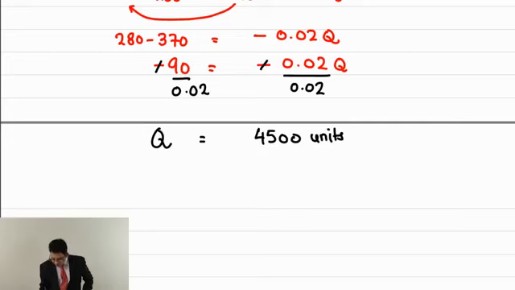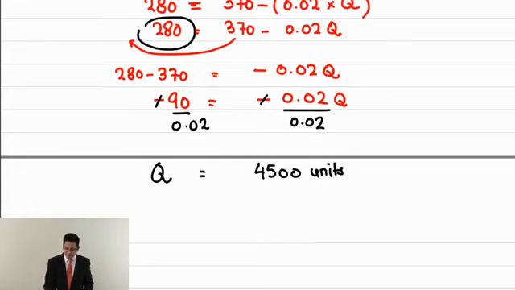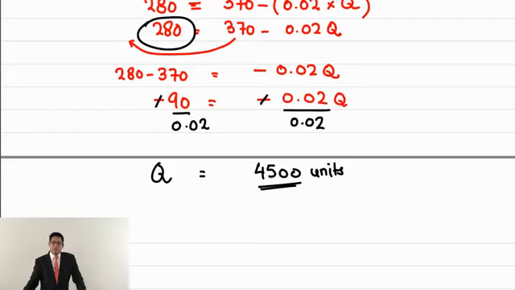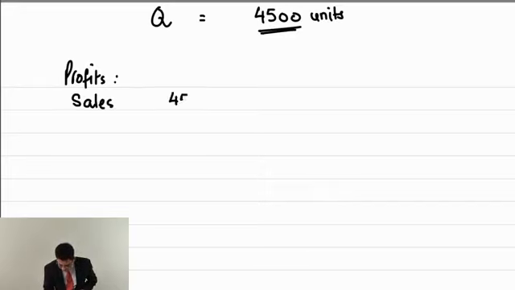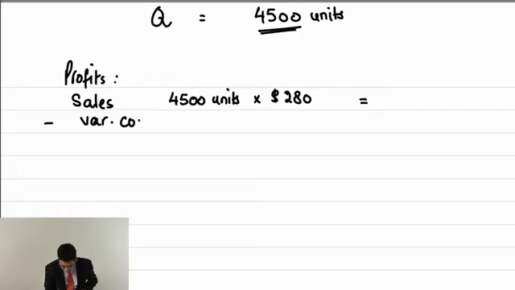That is, if they set a price of 280, which is cost plus price at the moment, they can sell around 4,500 units. And if this happens, what will be the profit? Okay, so here is the profit calculation. First of all, sales: 4,500 units times selling price 280, then minus variable cost: 4,500 units times, remember, 120 I think,